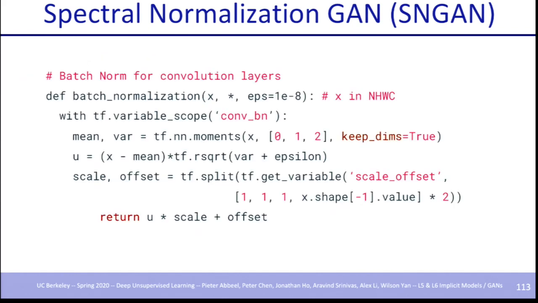So before looking at conditional batch norm, I want people who are not aware of how batch norm works for conv layers to be aware of it. Batch norm means you're averaging statistics across your batch, but in a convolutional layer, your effective batch size is multiplied by your spatial resolution. You're taking your average across your batch dimension, your height dimension, and your width dimension. So this is the standard conv batch norm that everybody uses, and your gamma and beta are just some learned variables. So this is batch norm.